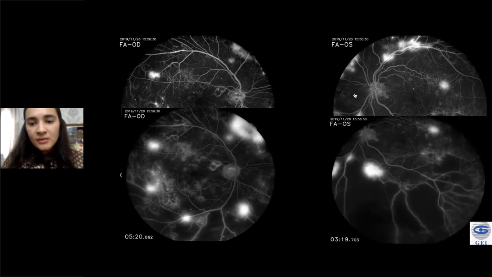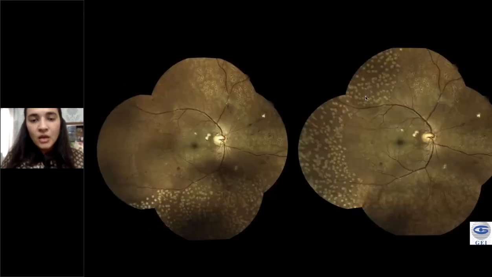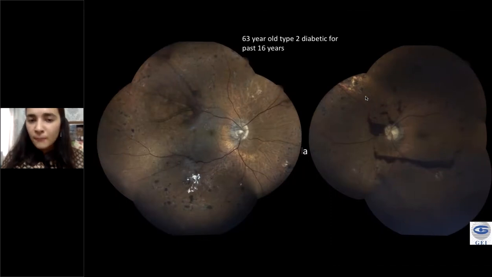You can see all these CNP areas inferiorly around it, and you target your laser according to that, avoiding the NV areas to prevent any kind of proliferation in the later phase. So the same patient, we complete a PRP and anti-VEGF injection if it has macular edema, and hopefully stabilize them with a good control.